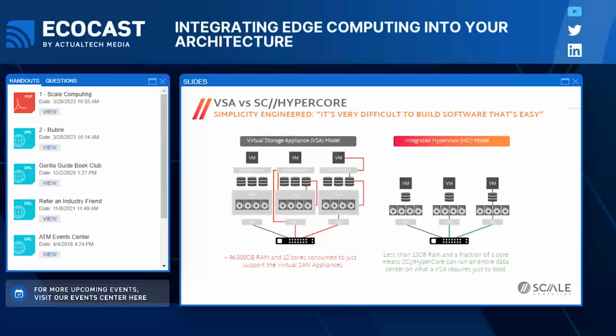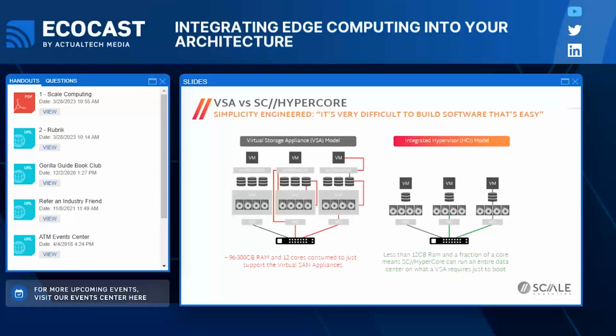There are different ways of doing virtualization. I'm not going to spend too much time on this. We can go deep. In our hyperconverged solution, that's really the architecture that integrates all the compute and storage together. There's a bunch of different ways to do that. One way is to basically take what would have been a shared storage system, a device, virtualize it as a VM, that's called a VSA or virtual storage appliance, run that on every system you have out there, and then aggregate the storage together. So basically you have a software SAN and a big workload running on top of that.